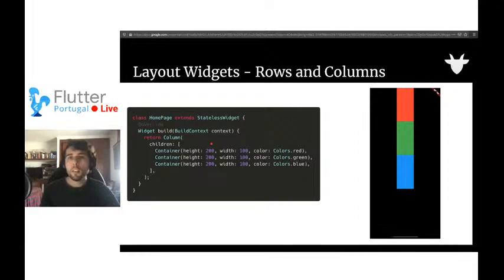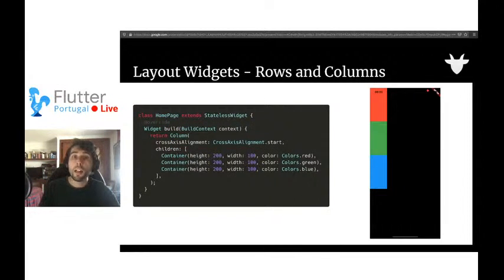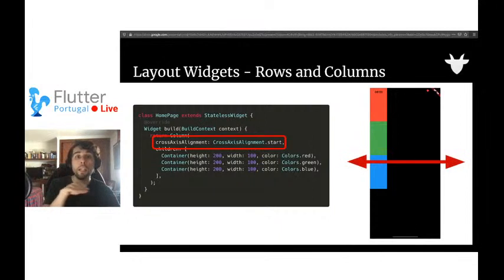Now, let's see how the column, row, and stack widgets behave. If we declare a new page in which we only have a column widget and we declare, for example, 3 containers with different colors, the containers are going to be aligned at the center in terms of the horizontal axis, and they are going to be aligned at the top in terms of the main axis of the column. We can align everything in the horizontal axis, for example, at the start, at the end, or at the center with the cross-axis alignment property, and we can make even further